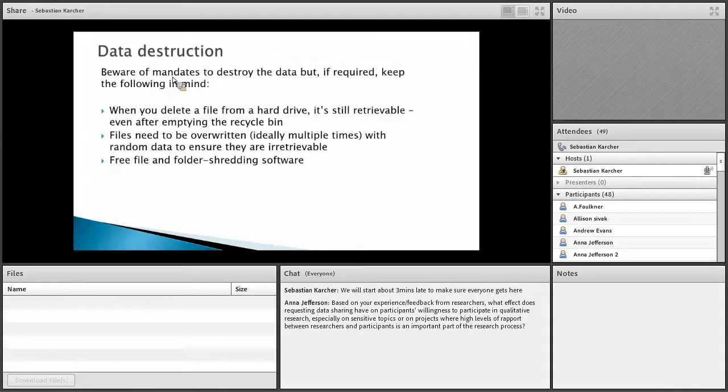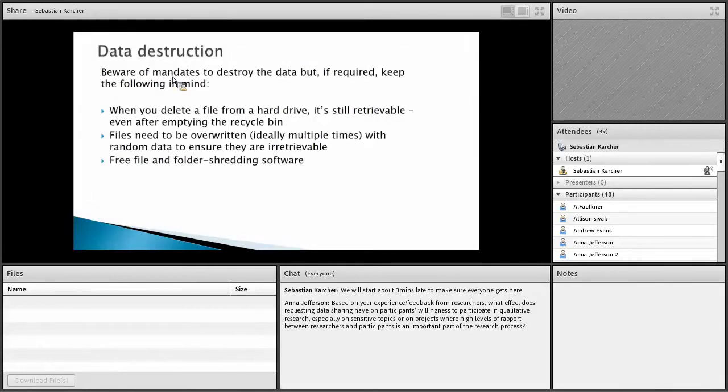Very briefly about data destruction. We do not like to talk about data destruction. We're a data repository. We really don't want you to destroy your data. We ask you to not write into your grant applications and your IRB applications that at the end you will destroy your data. There are almost always ways to at least put a long embargo on it, do something, don't destroy it. However, if you did say you will destroy your data, or, and that's hopefully the more likely scenario, if you want to pass on the equipment on which your data was stored,